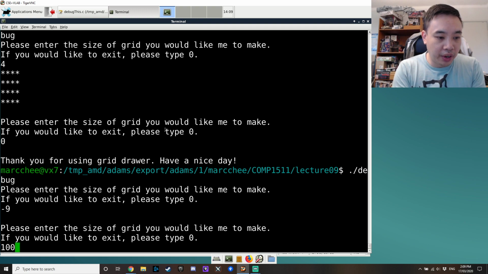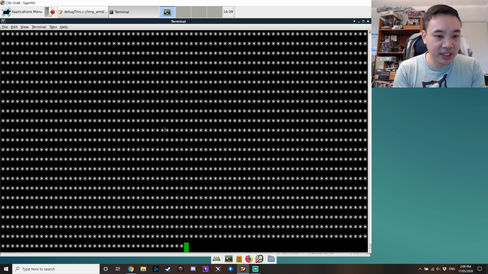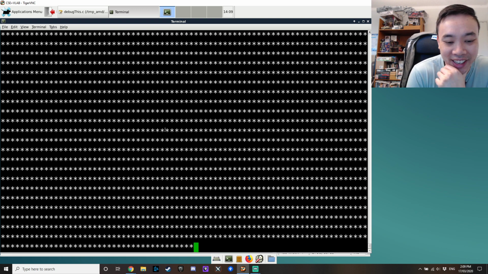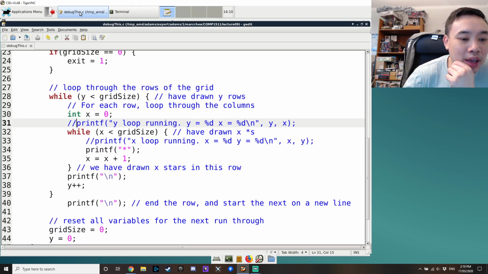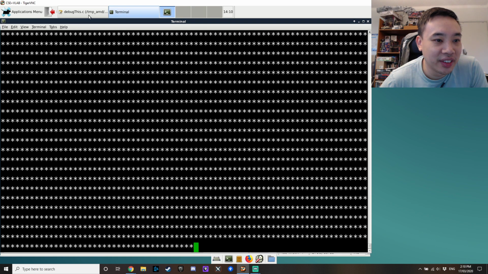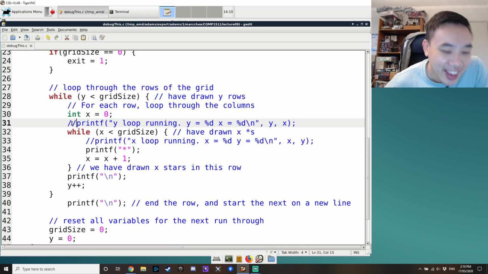I can put a very large number in there. It's printing out for a while, 1,000 times 1,000. So I just told it to print out 1,000,000 stars. So I'm really taxing what my terminal is happy about drawing here. I'm going to let that keep drawing in the background. But I think one of the main things I wanted to talk about, is it still going? It's still going, is